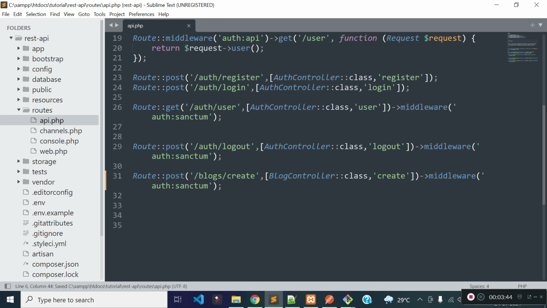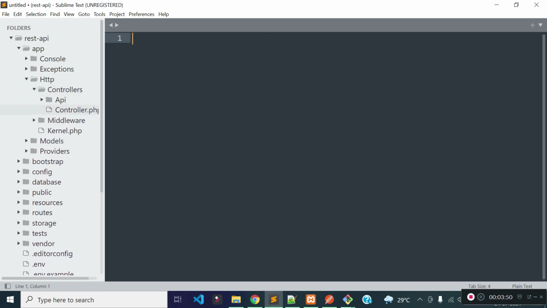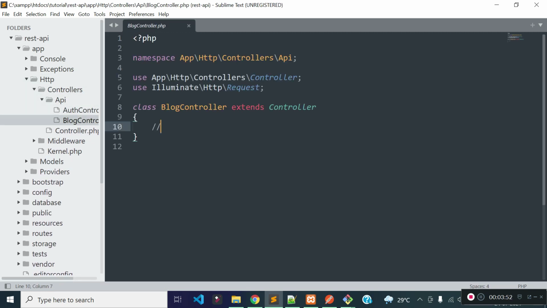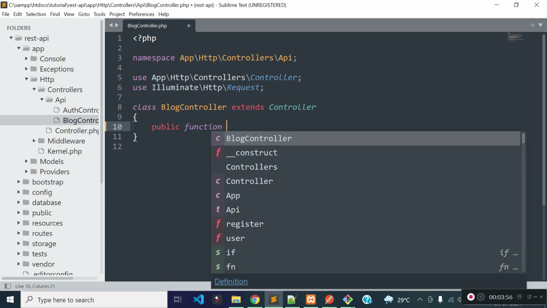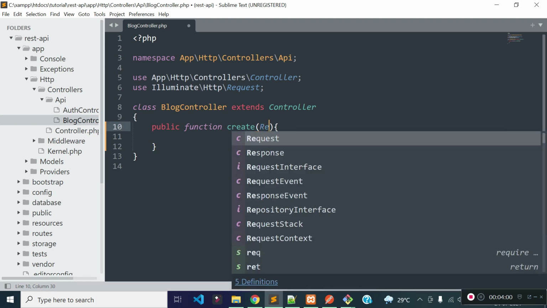Now let's open our BlogController, and then let's add a create method inside our BlogController. Let's take a request object here.